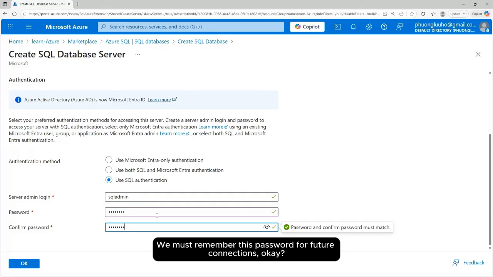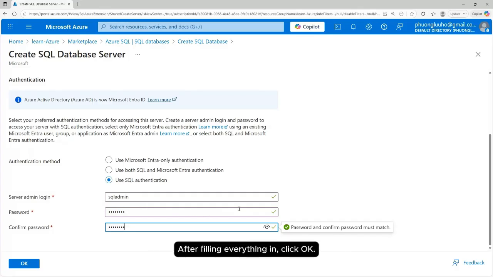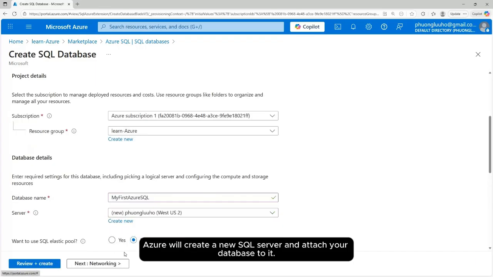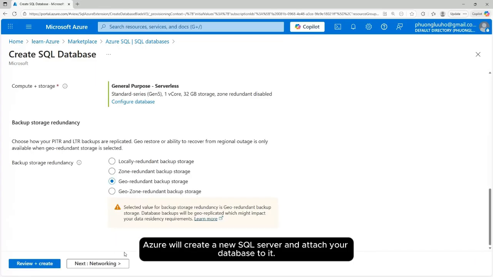We must remember this password for future connections, okay? After filling everything in, click OK. Azure will create a new SQL Server and attach the database to it.